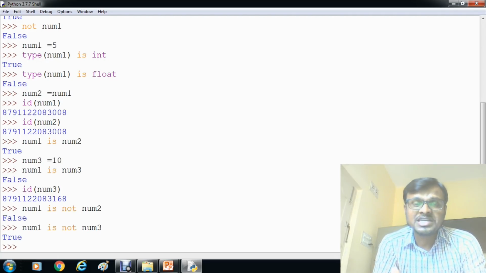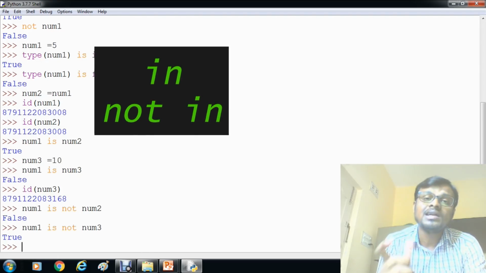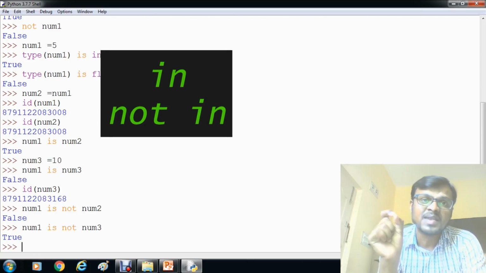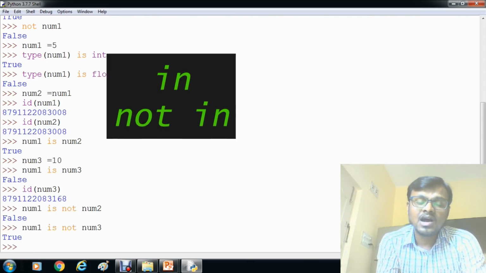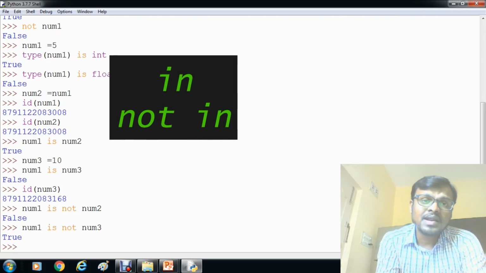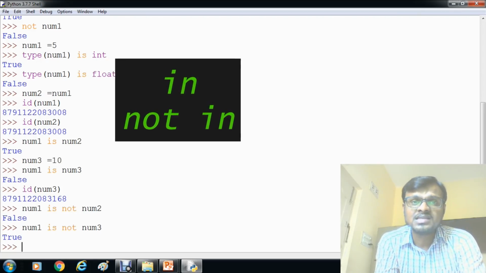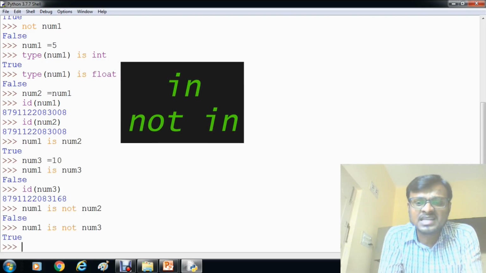We have two membership operators. One is the in operator, another one is the not in operator. The in operator checks the value is present in the list or sequence and gives the output. The not in operator checks the value is not present in the list or sequence and returns the output as true. Okay, let us check now.